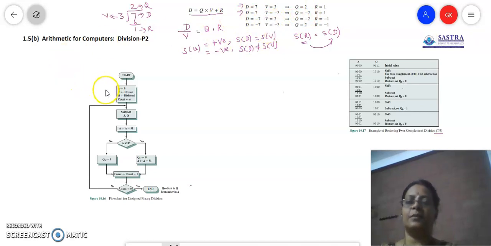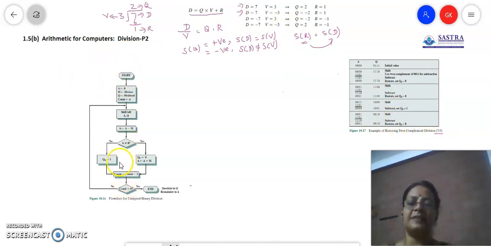Now this algorithm is supposed to work only for unsigned numbers. If signed numbers are given, we have a separate logic to decide the sign of the result. This logic always treats the numbers as if they were positive. So we are going to trace the algorithm for unsigned numbers. If the numbers are signed, we will have a separate logic to decide the sign of the final result. Now we will see the example for 7 by 3 and trace how we divide 7 by 3 with the help of this algorithm.